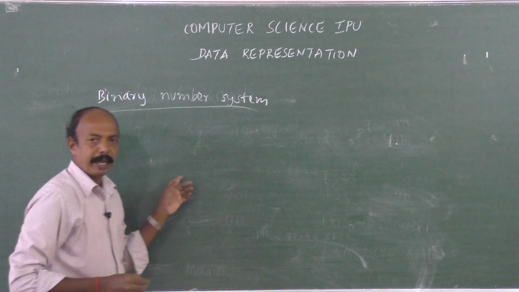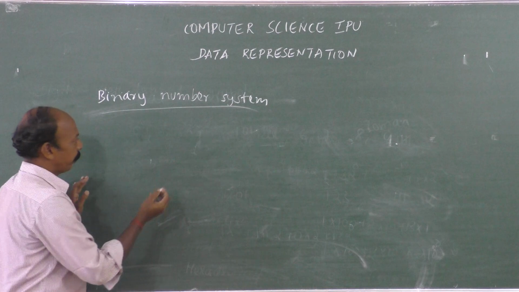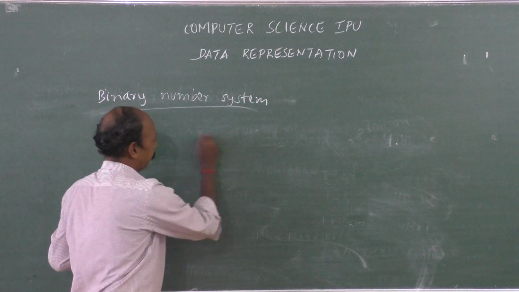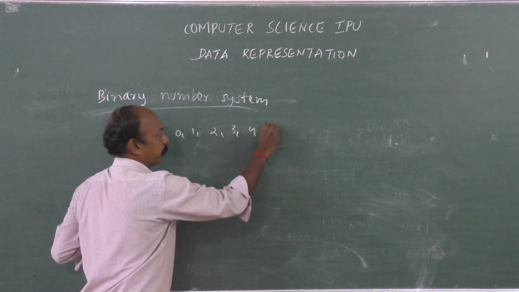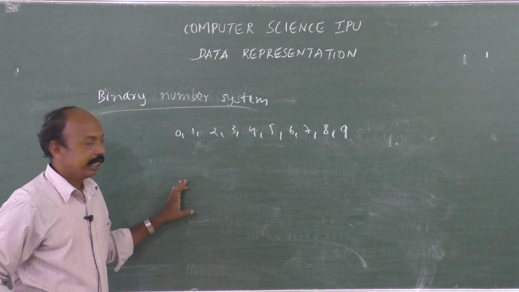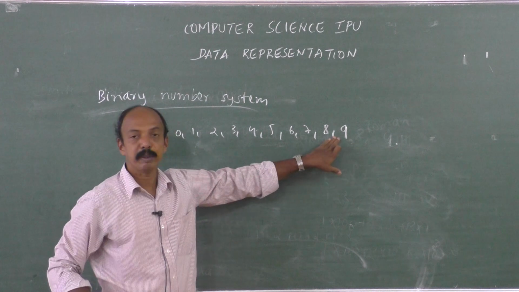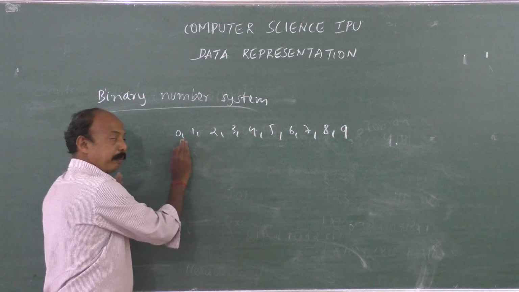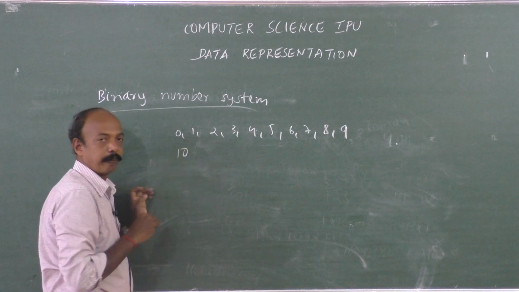Let us try to compare binary number system and decimal number system. Just try to understand, it's simple. When we write decimal number system, after writing 0, 1, 2, 3, 4, 5, 6, 7, 8, 9, what will we write? The next number, we don't have any other symbol other than these 10 symbols. Suppose we want to write the next number, we need to make use of the symbols which we already have written. That's why it will be 1, 0, right?